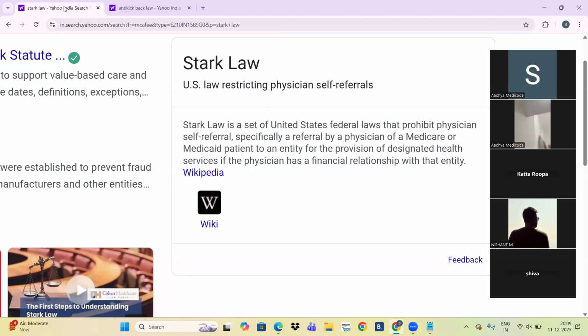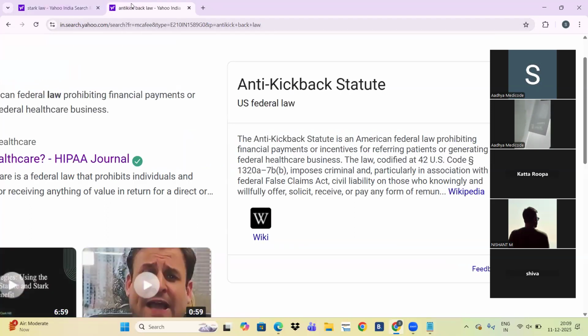Next law, the anti-kickback law, or anti-kickback statute. It is also a federal law. The anti-kickback law prohibits financial payment or incentive for referring patients or generating federal healthcare business. So if anyone referring patients is getting any valuable gift or payment from the physician, it is a violation.